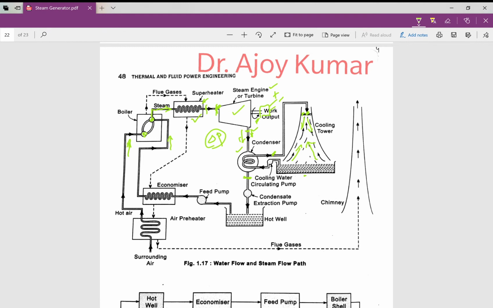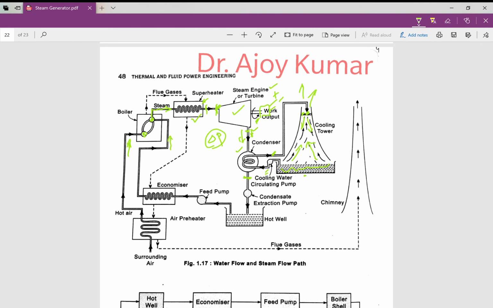So air gets heated, air goes finally out like this, and cooled water comes down, that is collected over here, right? So this keeps on rotating again and again by this cooling water pump,